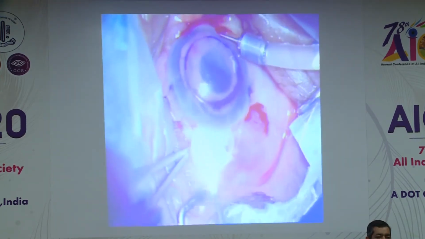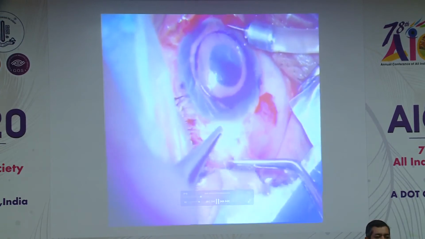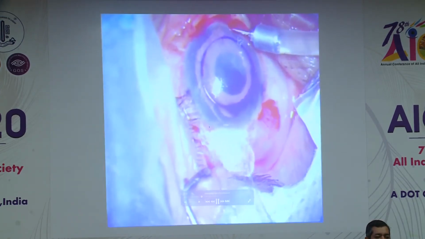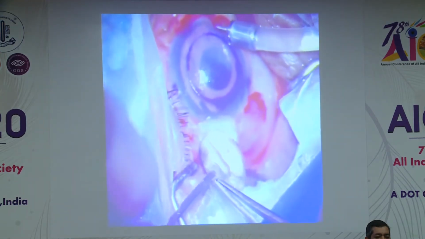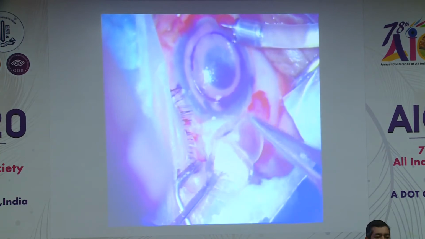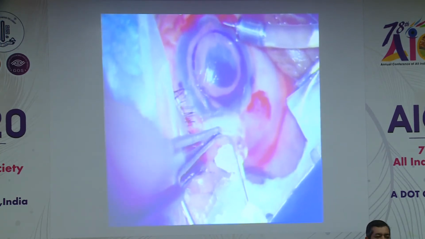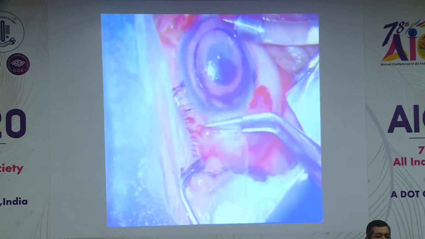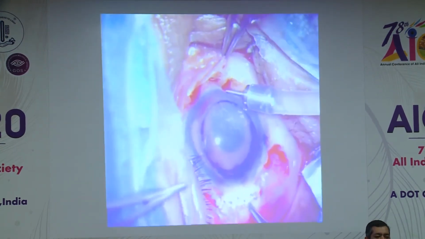Here the Descemet's was scarred. I couldn't remove it completely, and after that I insert the lenticule which has been automated prepared. I remove my lenticule in this manner so that I have no trauma at all, and with a 30 gauge needle I just push the lenticule in and gently try to secure my lenticule in with the sutures.